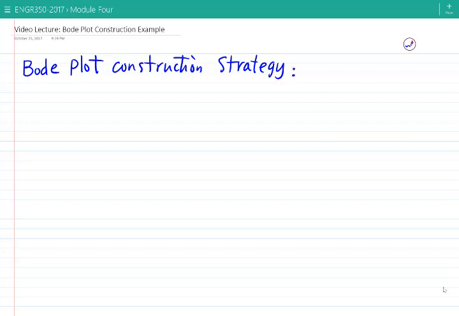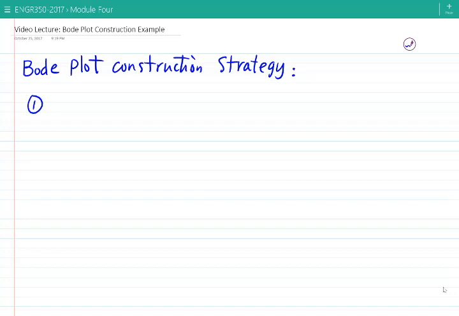So in summary, how do we construct Bode plot? Given a very complicated transfer function, we want to construct Bode plot. Basically, Bode plot includes two subplots. The first one is magnitude plot. The second one is phase angle plot. So the standard procedure here I want to introduce, if we look at step number one, so first,